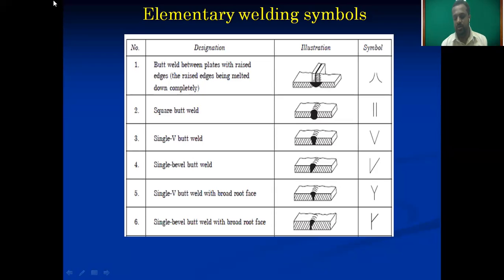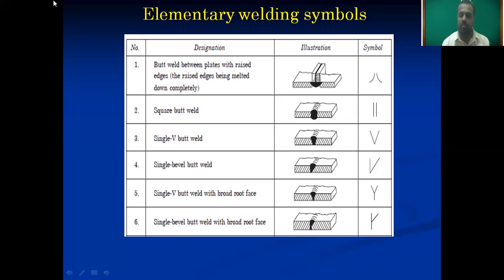And when both the workpieces, or both the plates, are put front to front, the edges of the plates are front to front, that time you can call it a butt joint. And again the butt joint has different types. That point also we have studied.